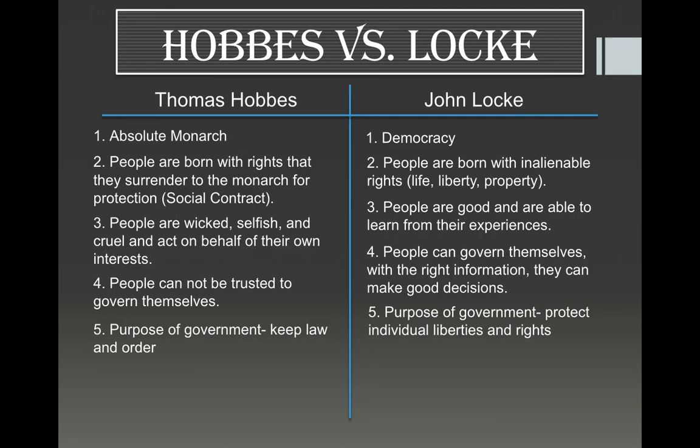All right, and then the last one: what can people do if the government fails to protect their rights? Thomas Hobbes would say you can't really do anything. If you have an abusive monarch, then better hope he dies quick so the next one comes along and maybe he's not as abusive. Or you can move somewhere else where there's not an abusive monarch, but because of the social contract, you agreed to be governed by this guy who exists. So that's just kind of how that goes.